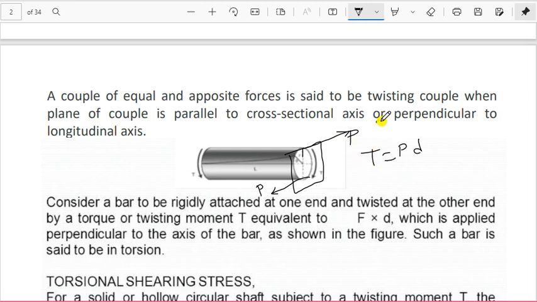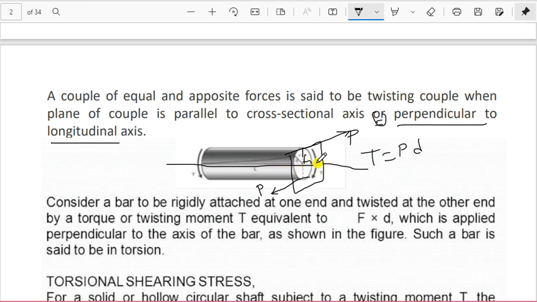Or in other words, we can also call a couple of equal and opposite forces said to be in twisting couple when a plane of couple is perpendicular to the longitudinal axis. This is, let us say, longitudinal axis, and this plane is perpendicular to this longitudinal axis. In this plane, if these forces, opposite and equal forces, creating some torque, then we can say that this shaft